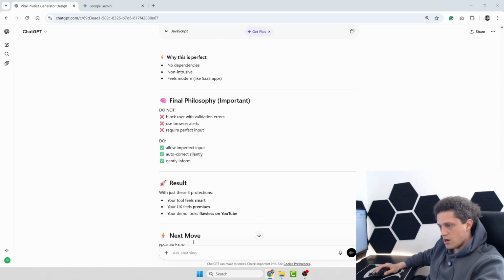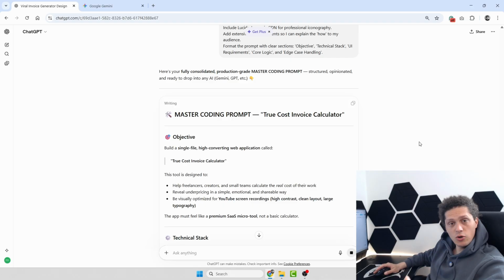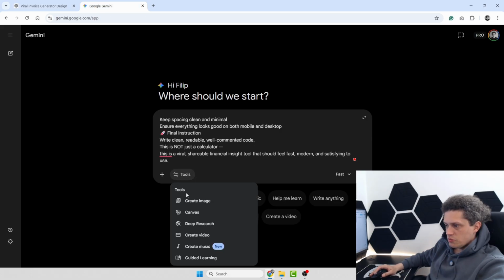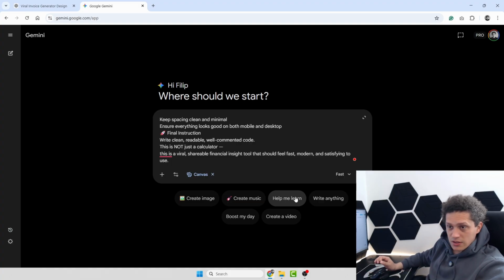This means we are going with the final prompt. So we need a master coding prompt for Gemini. Alright, we are done. So copy and paste into Gemini. And under tools, make sure to select Canvas because we will iterate this a few times, and we want Canvas to be faster because the AI, if you run it all the time from the beginning, it will hallucinate and it will just